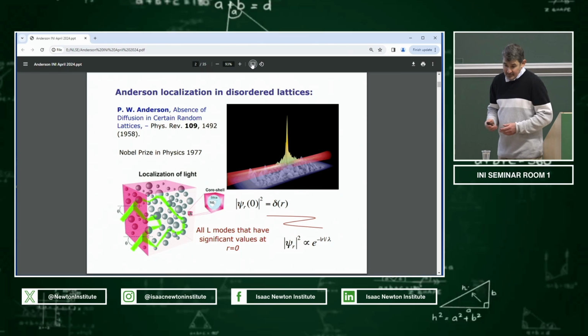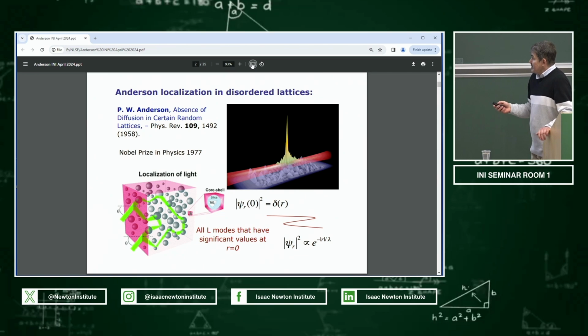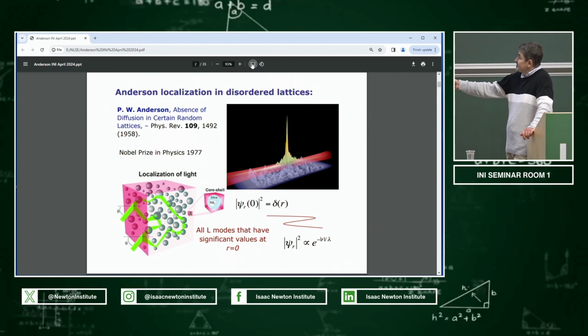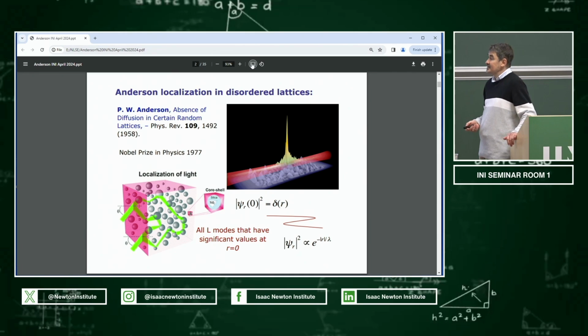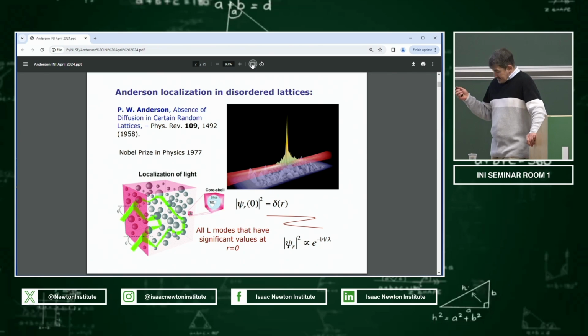When we speak about the Anderson problem, we assume that it is strong localization. Strong localization means exponential localization. It contrasts with weak localization, for instance, which is going to be power law. All this is, however, relatively well known. I put here the pioneering paper by Anderson, who got his Nobel Prize in Physics in 1977. Ever since, this phenomenon has been well studied in condensed matter physics and beyond. I should stress that